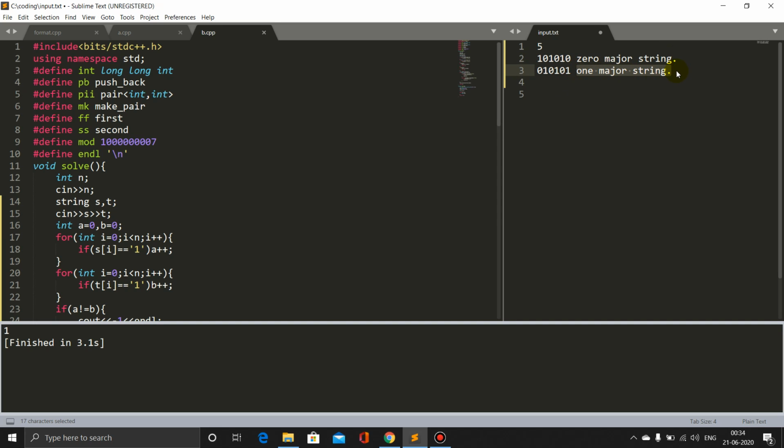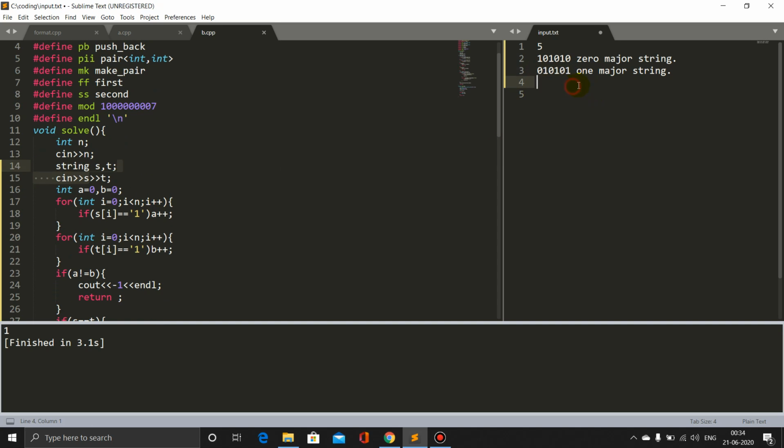So now we know that we can convert these strings into one another using one step. So all we do is find as large subsequences as possible of these two types in the strings S and T, and that will be our answer. So let us see how we can do that.